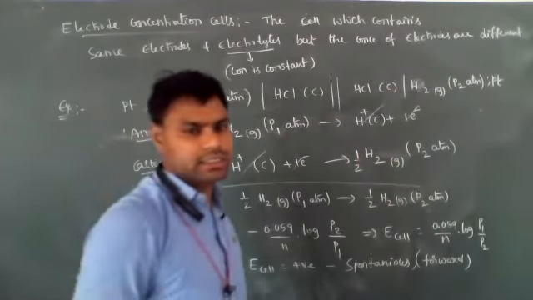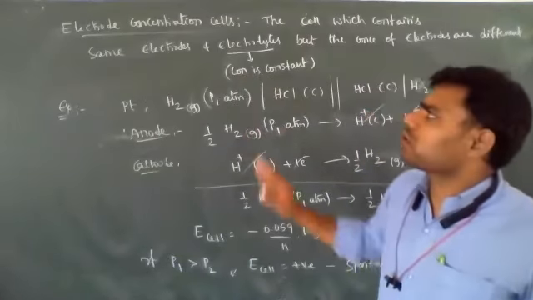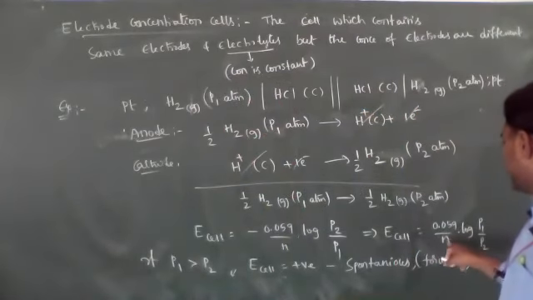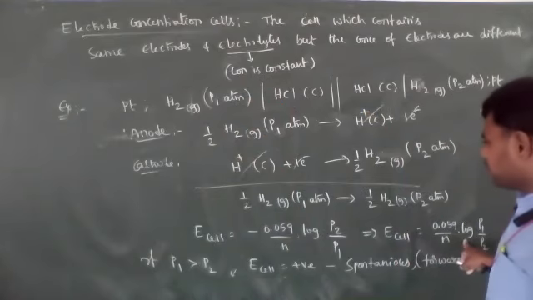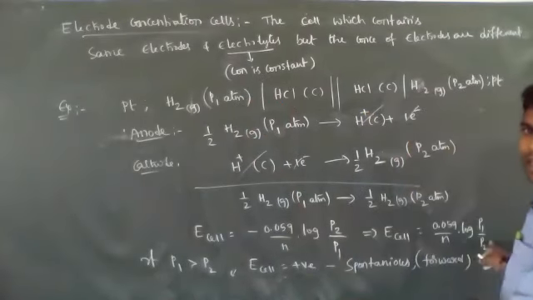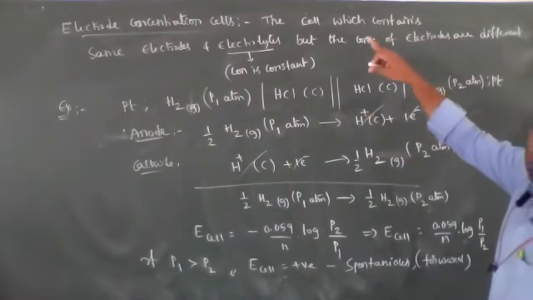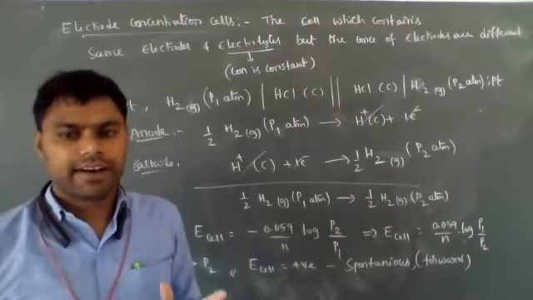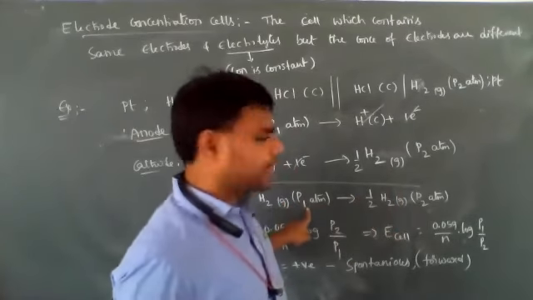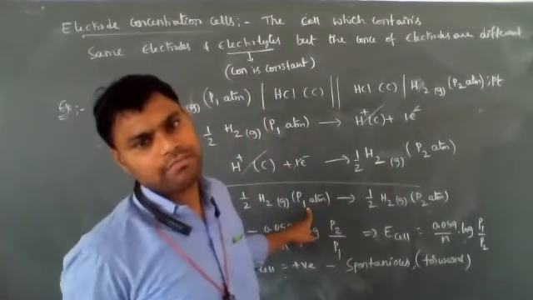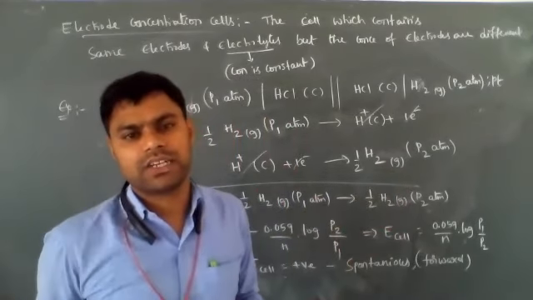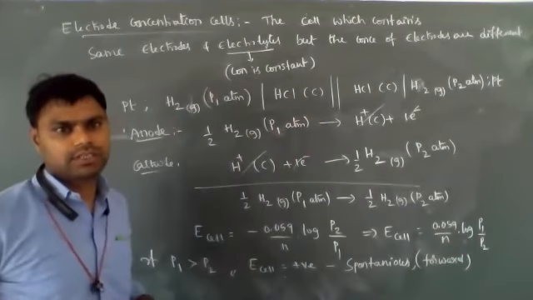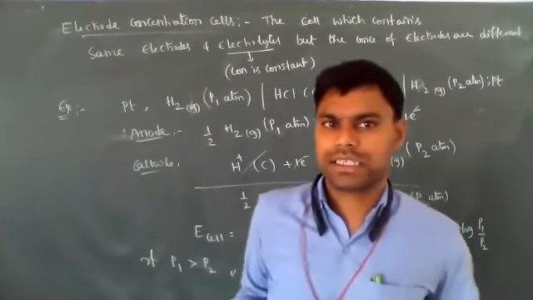So these are the important conditions and the formula for electrode concentration cells. In electrode concentration cells, E cell is equal to 0.059 by n into log P1 by P2, where P1 means anode and P2 cathode. In electrolyte concentration cells, it was cathode concentration C2 by C1. That is the difference. Instead of pressure, we can take concentration also, for some zinc or mercury electrodes with different concentrations. Then anode concentration by cathode concentration will come. So these are about electrode concentration cells.